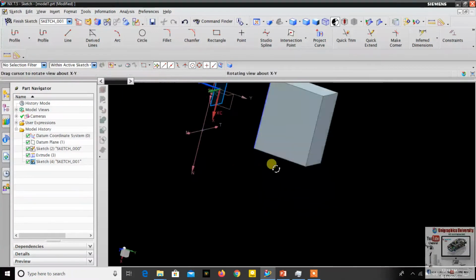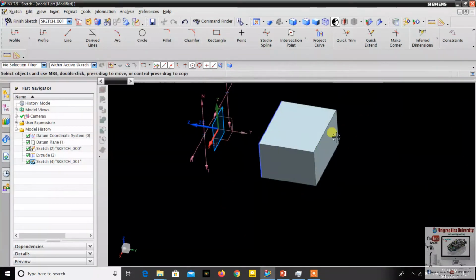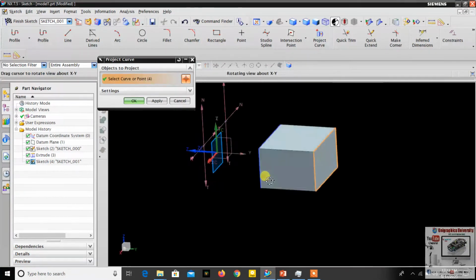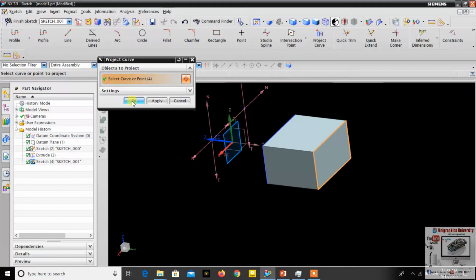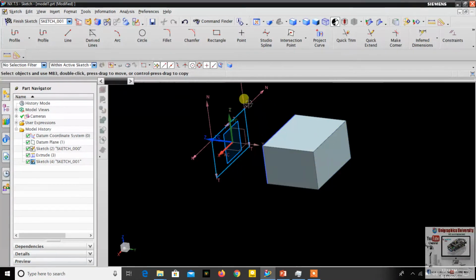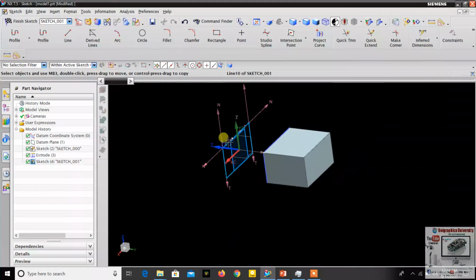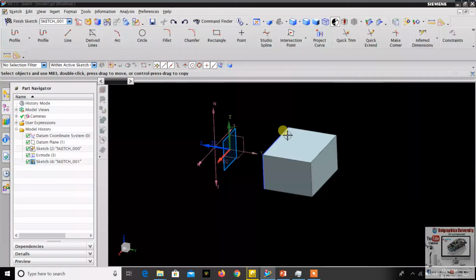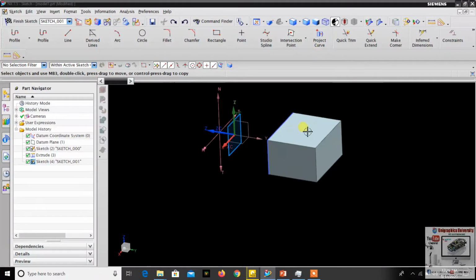For example, if I want this face curve on this plane, I simply select project curve. I click these four edges from the other plane object. Simply click OK, and the curve will be copied to my current active sketch plane, and that's all about project curve. Okay, let's move on.